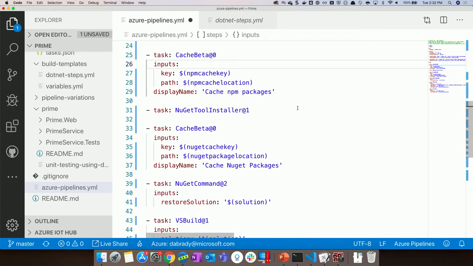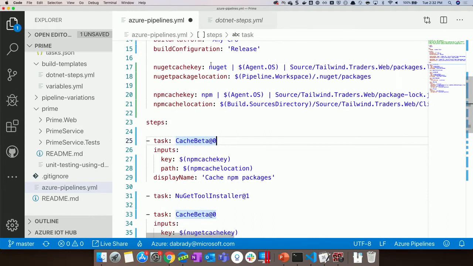Yeah. So we're using this cache. See, I'm already doing it. This caching thing. We're using a couple of variables here. One is the key that we use, and one is the location of the files. So with something like NuGet or NPM, you might do a restore, which takes a long time, pulls down a whole lot of artifacts and so on. We want to cache them on the build machine itself.